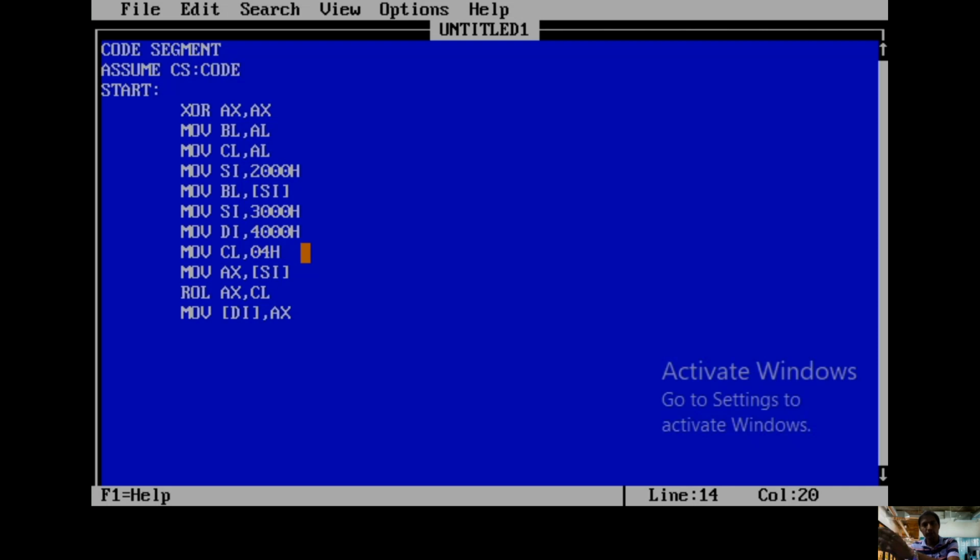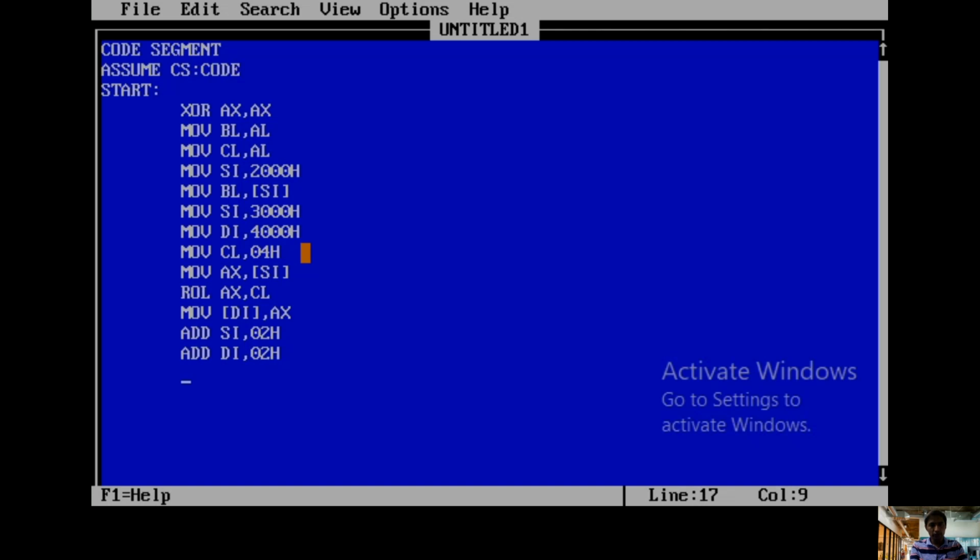How many 16-bit numbers do I need to rotate in a similar manner? 2 more in my example. For that, add. Why am I writing add? Because it's a 16-bit number. So where am I getting another 16-bit number? It starts from 3002. For that, add SI, 0. Where do I need to move the result? It starts from 4002, because 4000 and 4001 hold the first 16-bit result. The next 16-bit result is present in 4002 and 4003. For that, add DI, 02h.